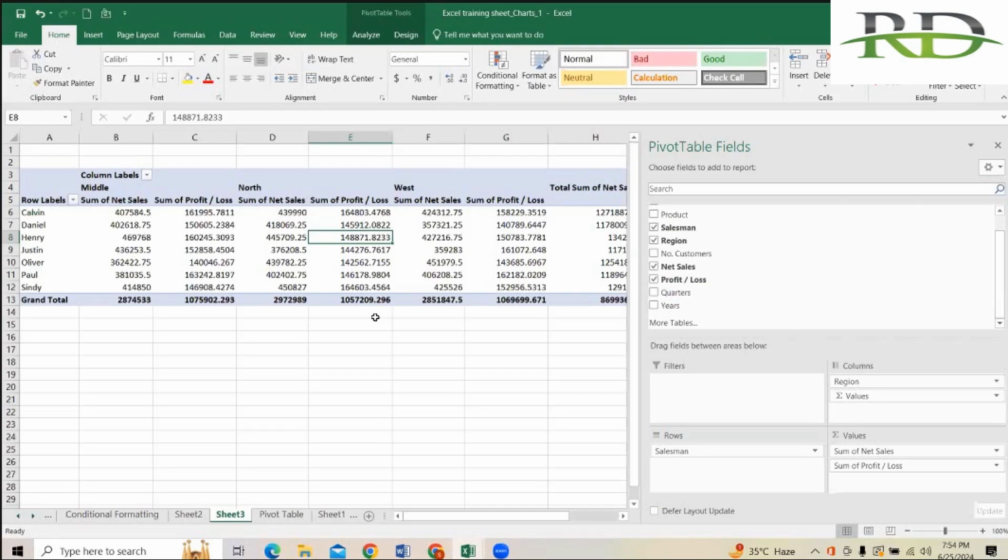Sir, can we insert multiple pivot tables, like one according to the area, one according to the salesman, one according to the profit loss, like this? You can insert 100 pivot tables, but you have to use them wisely, depending on the need of that particular pivot table, because it automatically increases your file size. Suppose you are working on a 10 lakh data sheet, so this is hardly